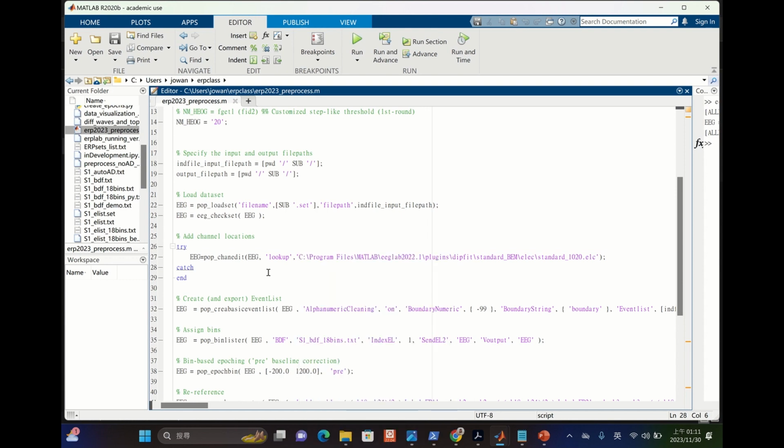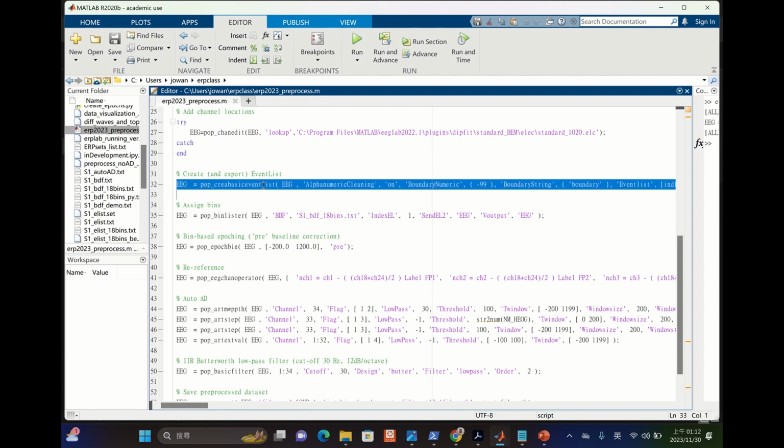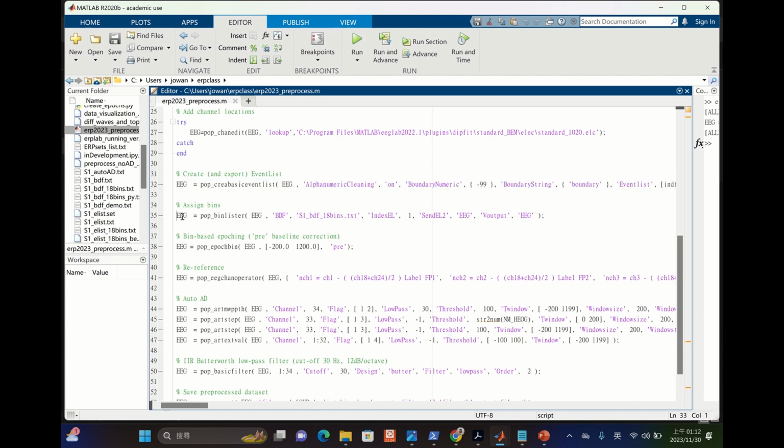Okay. And next is the function for creating and exporting the event list. So that's the pop create basic event list function. Is this one. All right, and then assign bins, pop bin lister, where it also reads the S1 BDF 18 bins text file, and then pop epic bin, setting the time window to 200 milliseconds pre-stimulus onset and 1200 milliseconds post-stimulus onset, with a pre-stimulus baseline